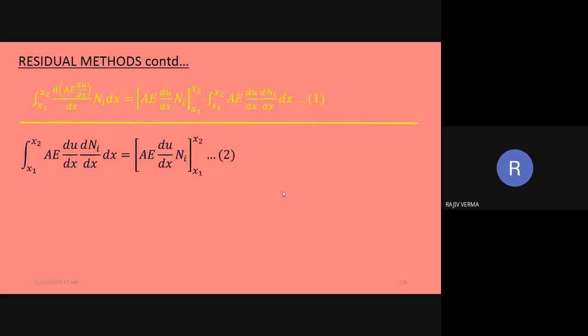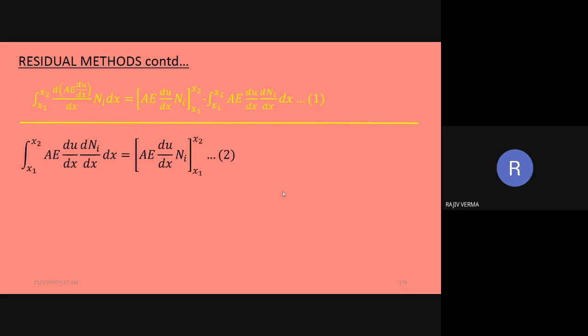Now, if you see the second equation, the term on the left basically is a first order differential of the unknown. It contains du by dx. Therefore, it is the first order, which means that the second order differential is now replaced by the first order. That is one advantage of the Galerkin approach. The highest order terms get reduced by the lower order term.